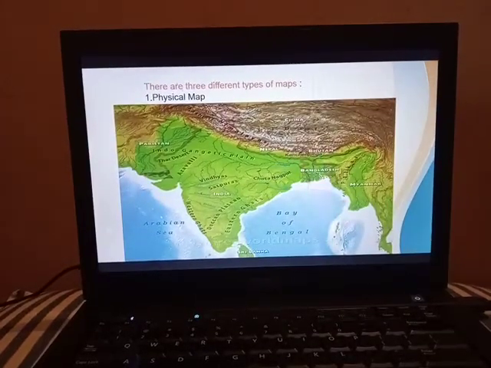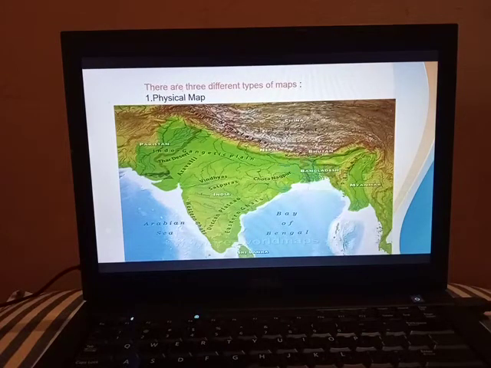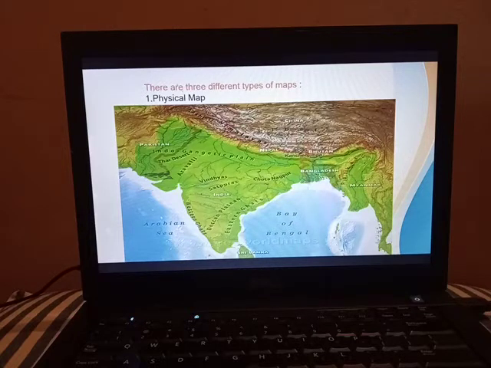Coming to the physical map, these are maps which show the physical features or the natural environment which we see in and around our surroundings or of the country. A physical map covers the mountains, rivers, plains and plateaus, such as the rivers Sindhu, Brahmaputra, Kaveri, Ganga, the Himalayan mountains and the Deccan plateau. Likewise, we study the physical environment and natural resources of the country or the world. A physical map gives us information regarding the natural resources present on the earth.